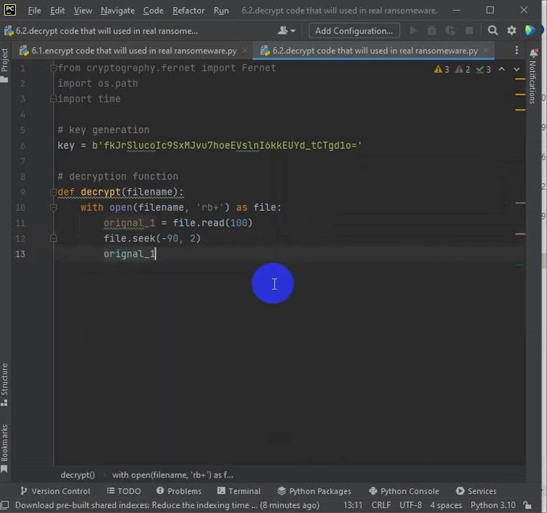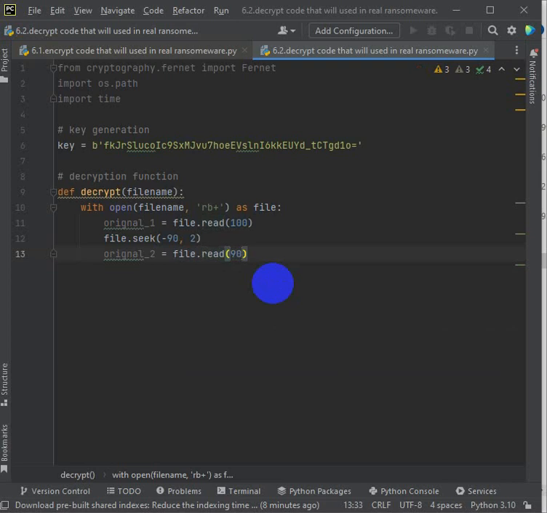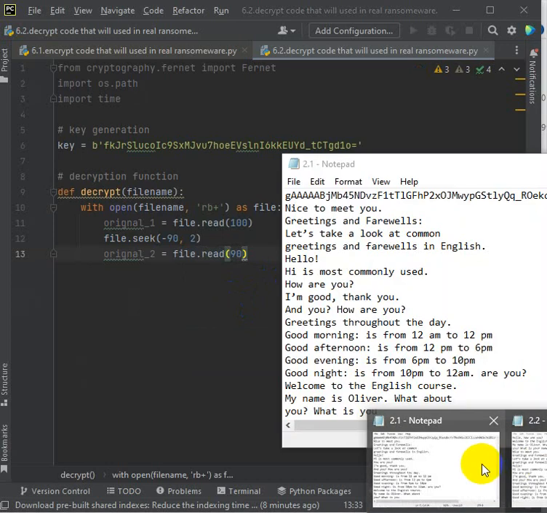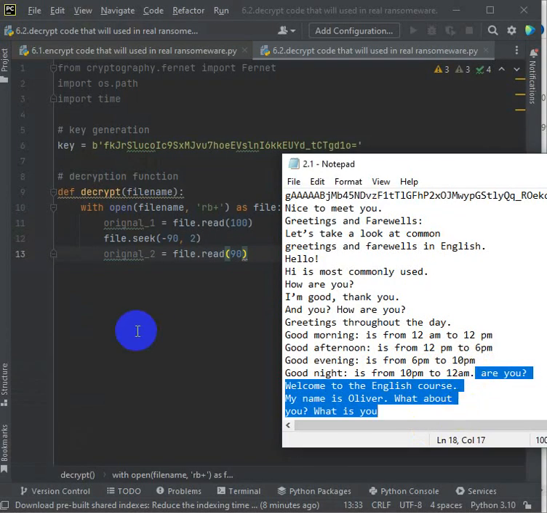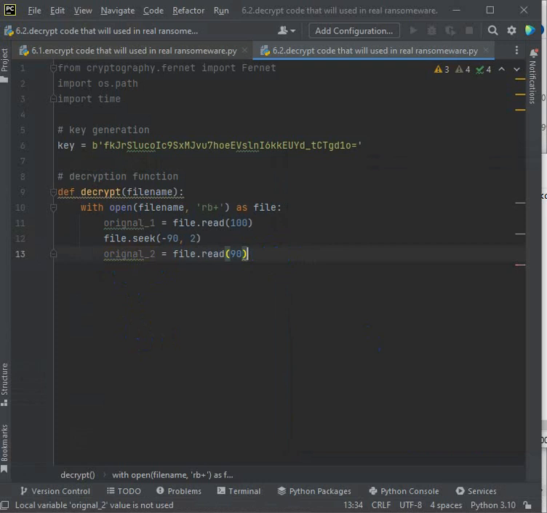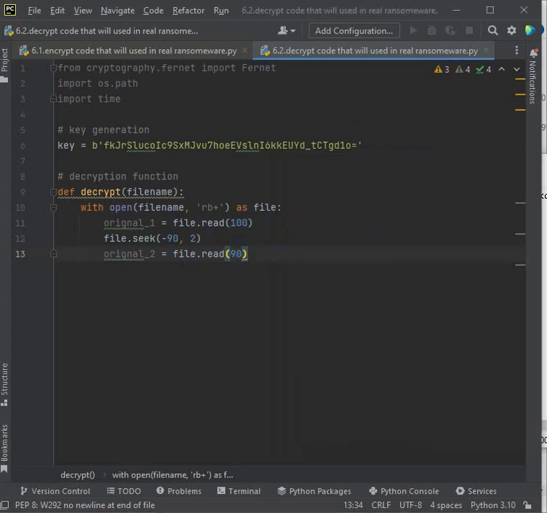I will create a variable called original2. In this variable I will store the 90 characters I have put at the end of the file during the encryption process. I will read these 90 characters to put them in the beginning of the file after the first 10 characters. Okay,